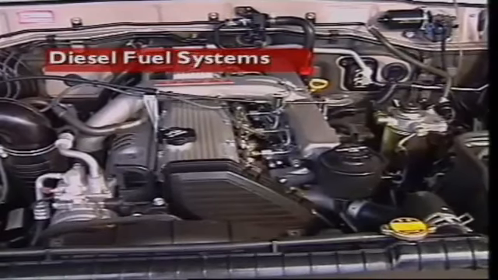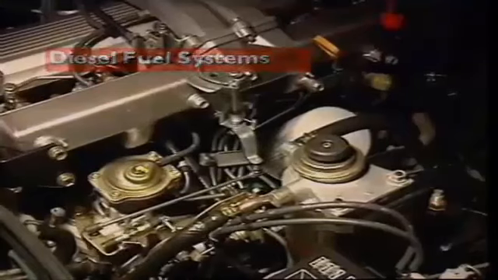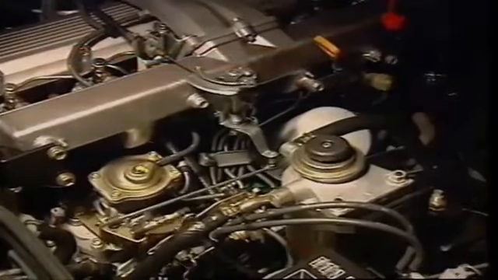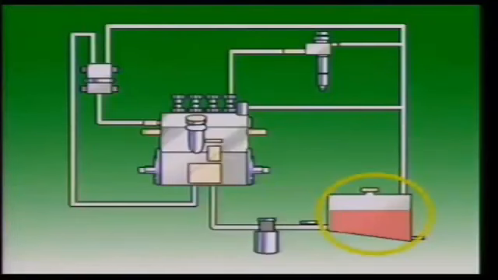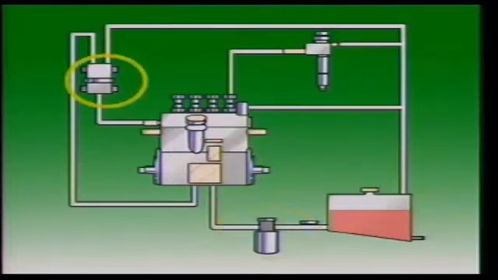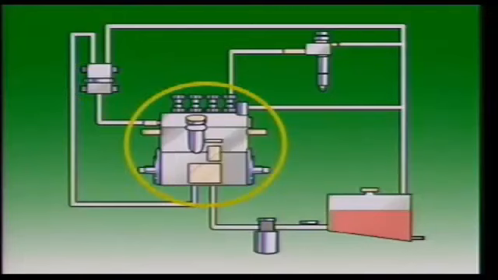This section examines the diesel fuel system. The diesel fuel system contains a fuel tank to hold the fuel, a fuel supply pump to supply the system with fuel from the tank, a sedimenter to filter out water, a fuel filter to filter minute particles from the fuel, an injection pump to deliver highly pressurized fuel to the injectors,